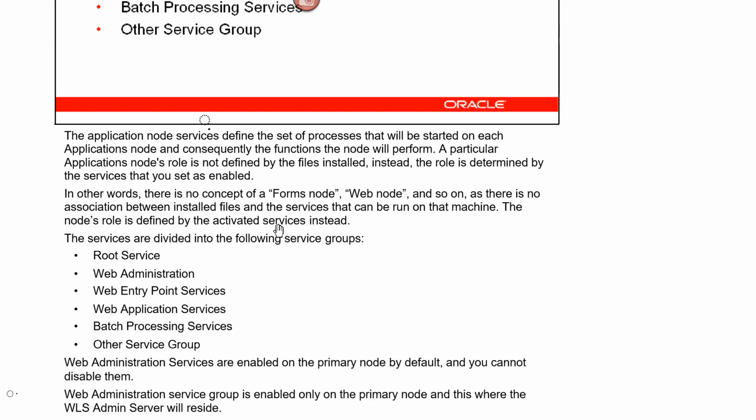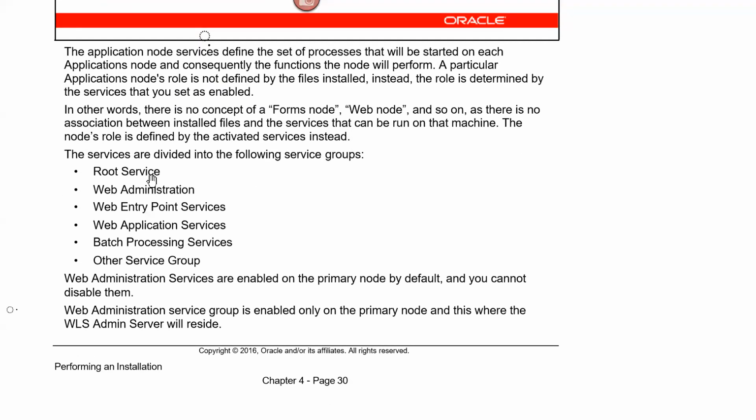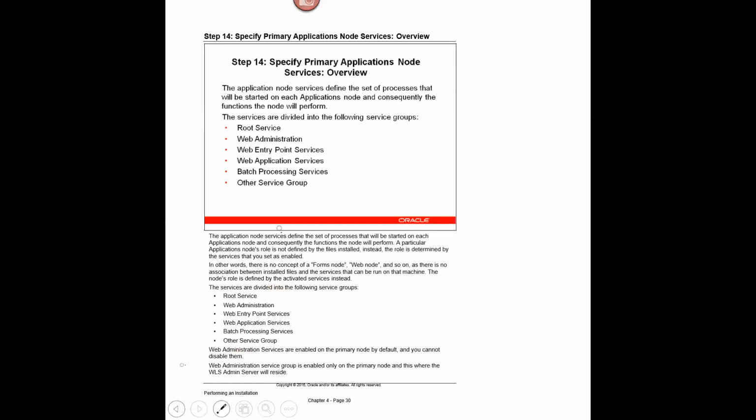the node role is defined by the activated services, right? The services are divided into root, web entry point services, web application services, batch processing services, and other services. Web admin services are enabled on the primary node by default, and you cannot disable them. So on the primary node, web admin services are installed. Web admin services is enabled only on the primary node, and this is where the admin server will reside, right? So this makes sense for us,